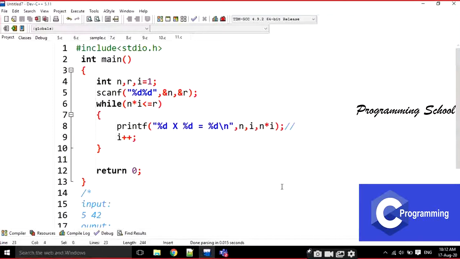But if you are using the break statement, it represents the value at which we are going to stop. But the condition I write in the while loop means up to which value we are going to repeat the loop. That's why the break condition and the while condition are quite opposite to each other. Here I am writing n * i is greater than r. Here I am writing n * i is less than or equal to r. Up to that value I am going to repeat the loop. Okay, is it clear, everyone?